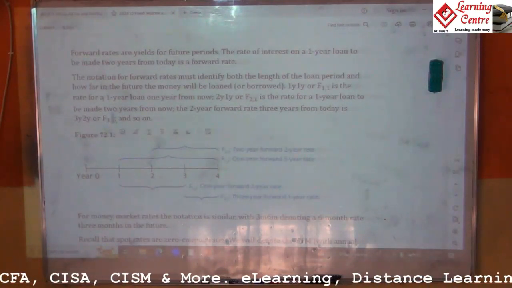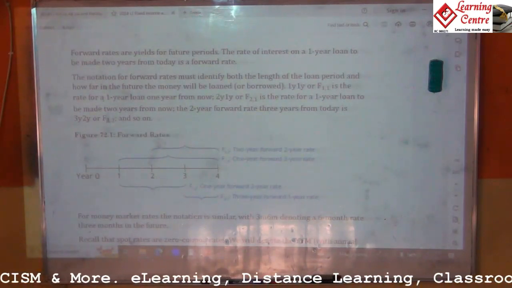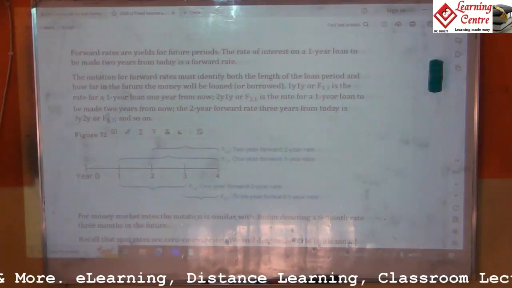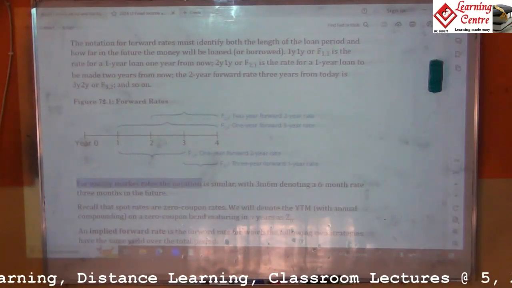And this one is the period covered. So this one is a 2-year forward rate, and this one is the time from today. That's basically what this is. For money market rate,